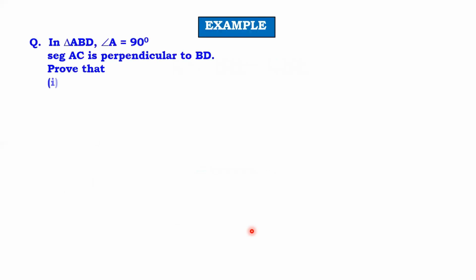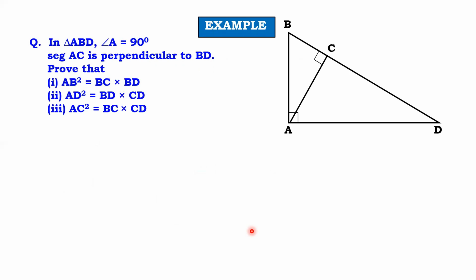Further, let us take one example so that we understand how the solving has to be done. There is a right angle triangle ABD, and in this triangle, I'm so sorry, there is a right angle triangle BAD. We are habitual to name from A, but since A is a right angle, A should be in between. Here they have named it ABD, but we should make a habit that the right angle should be in between.